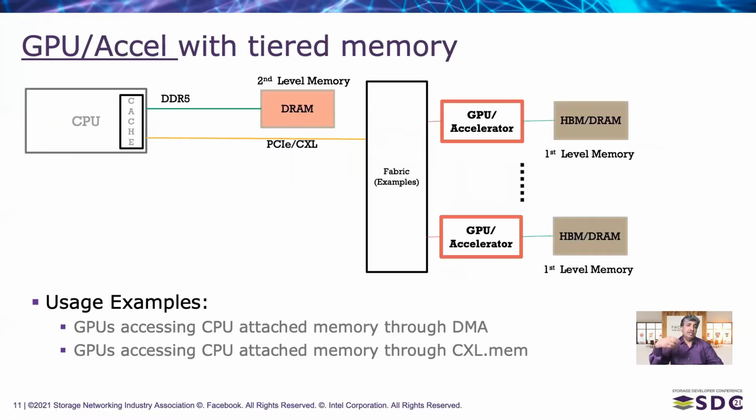Let's go to the second example, where there is a system composed for GPUs or accelerators. In this case, the focus of the system is the GPU, and it is provided all the models and features through the CPU. For GPU applications, the natively connected memory is going to be high performance memory like HBM, and the memory that is accessed through the CPU will be treated as second level memory. GPUs could be accessing such memory through PCIe or CXL or any other interconnect that the system may have, and that becomes second level memory. The first level memory is the natively connected memory like HBM. So this is the picture for a GPU and accelerator system using the same mechanism.